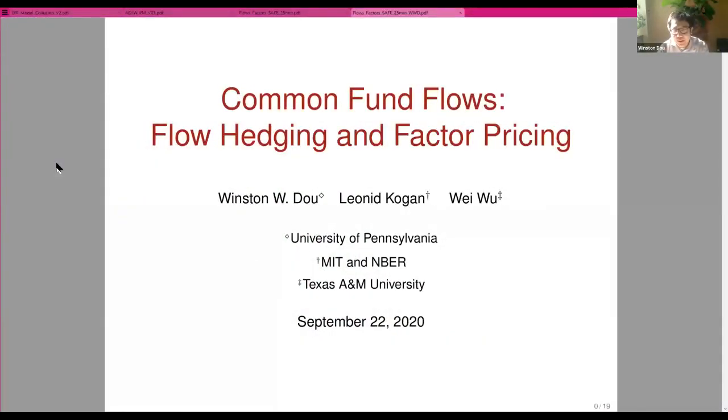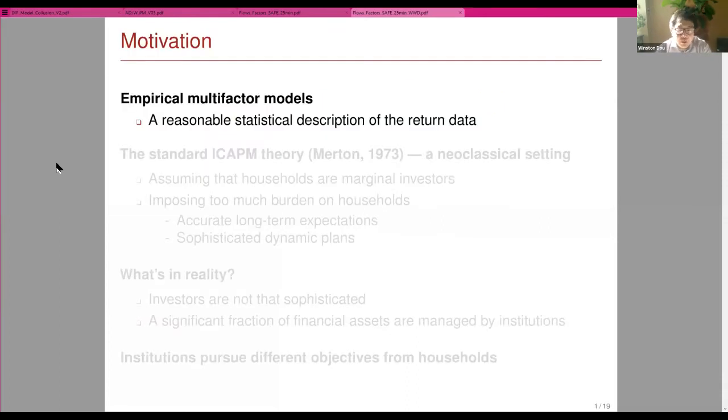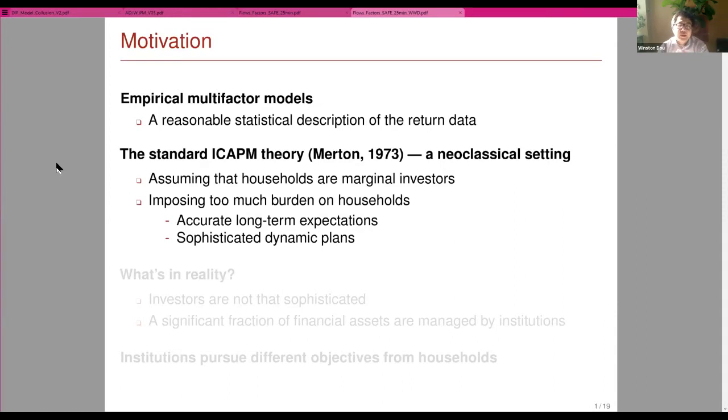The paper is with Leonid Kogan at MIT and Wei Wu at Texas A&M. Wei is here too. Empirical multi-factor asset pricing models provide a reasonable statistical description for the returns in the data. In theory, these multi-factor asset pricing models are often justified by the standard ICAPM framework first proposed by Bob Merton